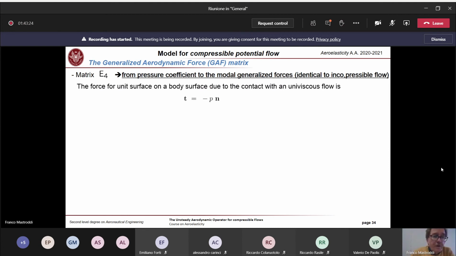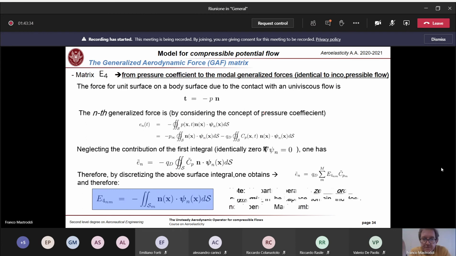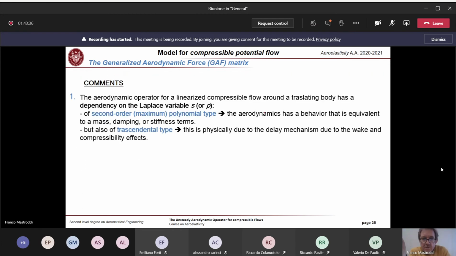So E4 does not care about compressibility, just an identical operator. And so we have finished. Comment: the aerodynamic operator for a linearized compressible flow around a translating body has a dependency on the Laplace variable S of second order maximum polynomial type, in the sense that the aerodynamic has a behavior that is equivalent to mass, damping, or stiffness terms,